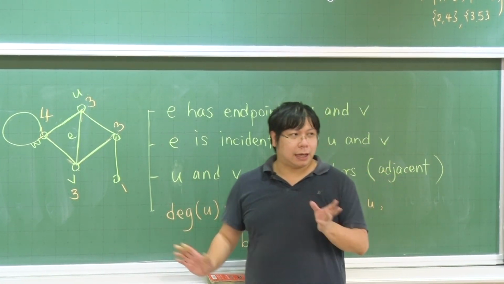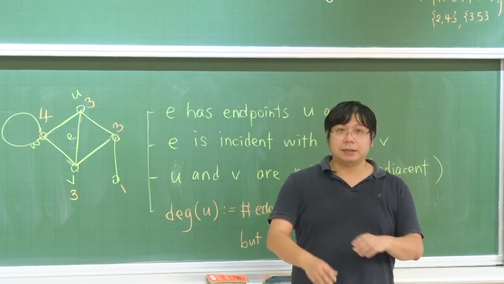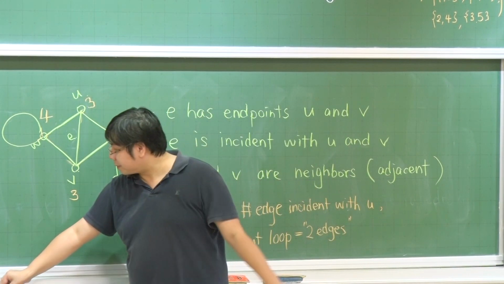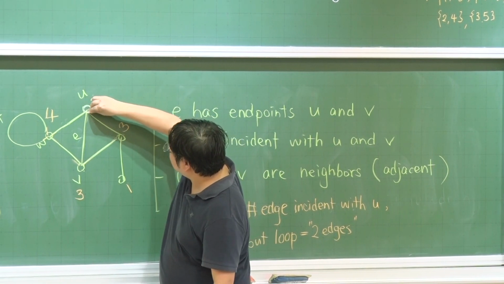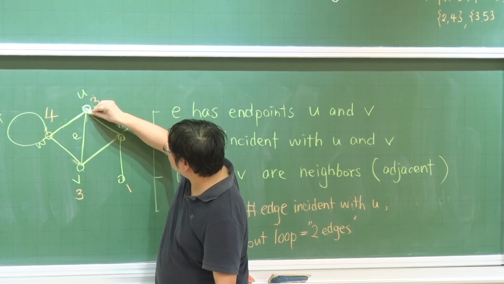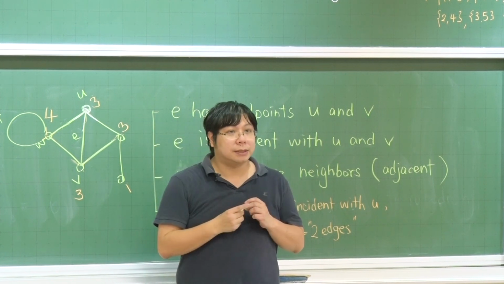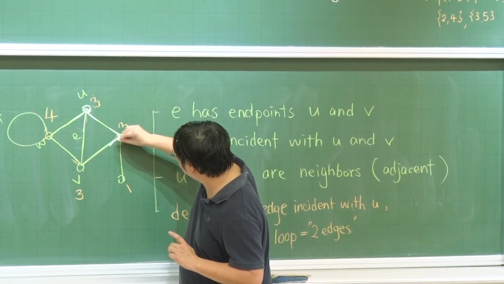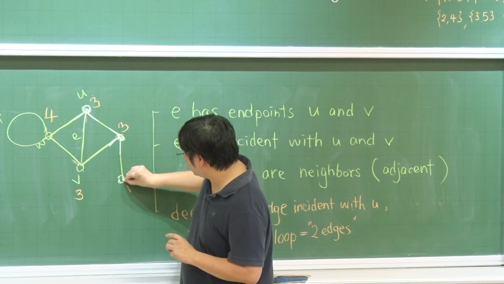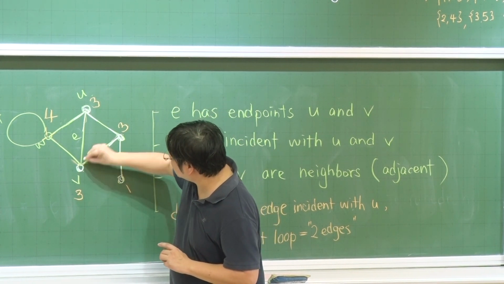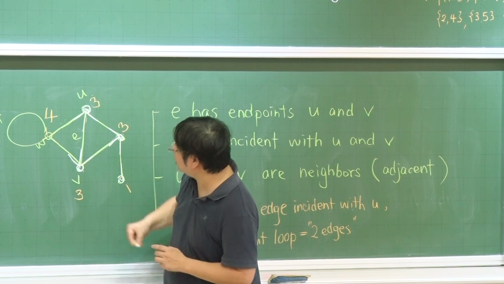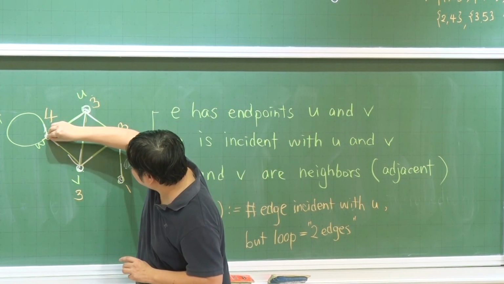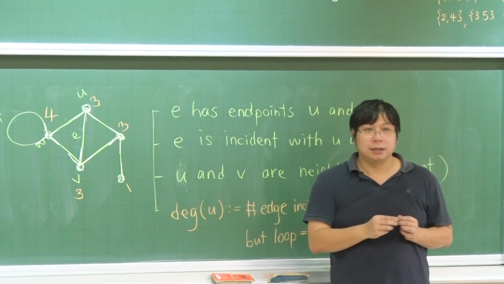No matter what happens, it has to be even. You can think about proving this by induction, but there is an even easier way. This one is 3. It is like 1, 2, 3. Am I correct? This one is 3, because it is 1, 2, 3. This one is 1. This one is 1, 2, 3. This one is 4, it is 1, 2, 3, 4. Is that okay? Now,